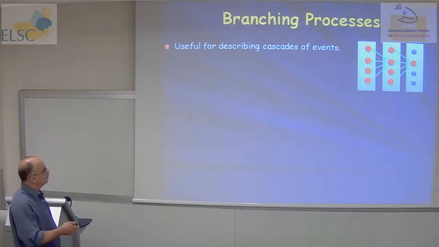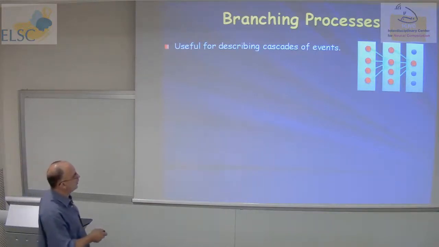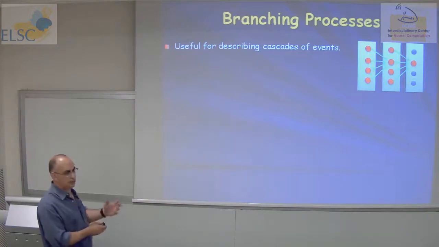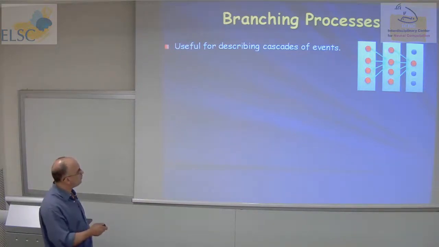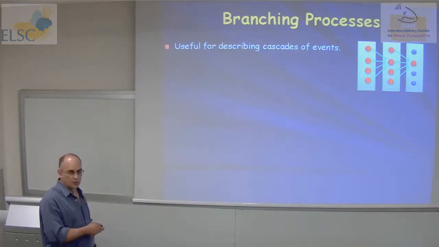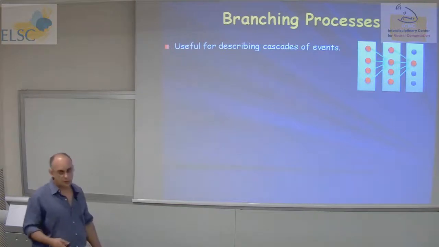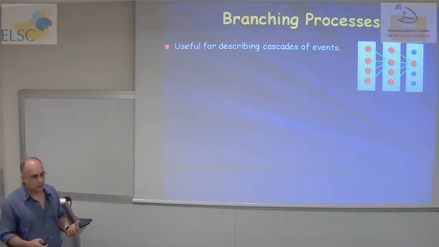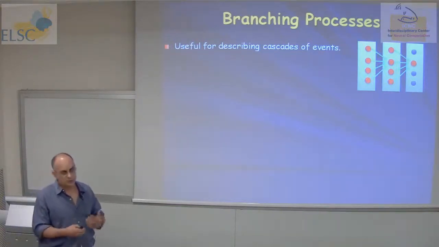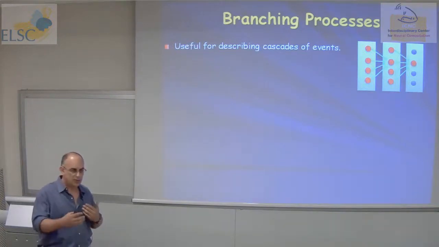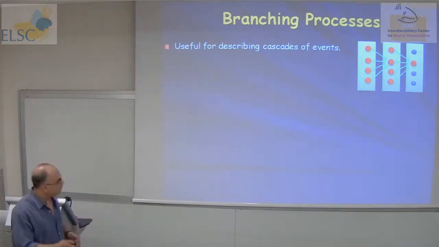In our case, we imagine a group of neurons that can activate other neurons. If those neurons are at a relative synchrony, then they can activate other neurons down the road, and if they activate the whole group, then there is a chance that you'll get further activation down the road, and it can propagate. But we also know that there is stochasticity in the system, so sometimes you can get short cascades, sometimes you can get long cascades.